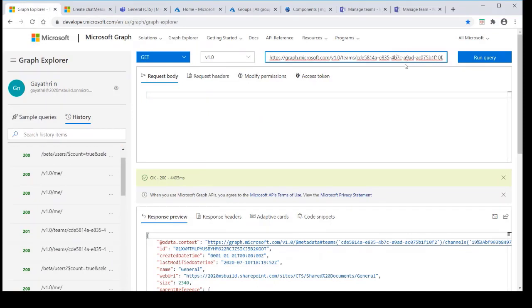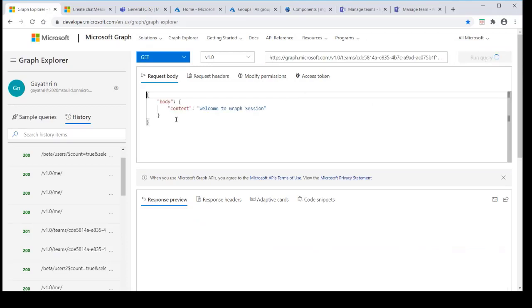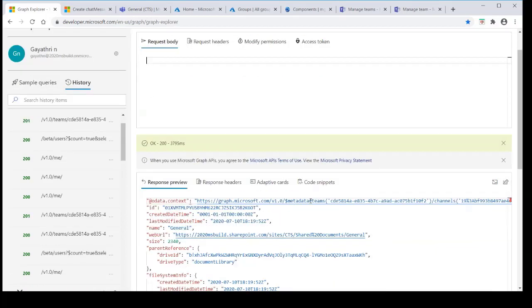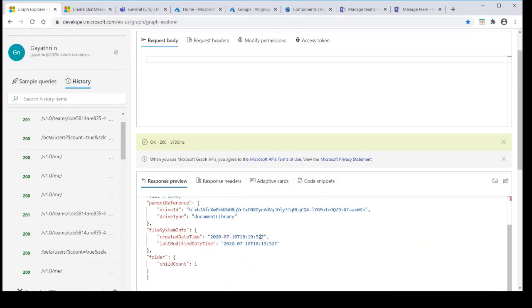So here it's the same thing. We need to pass the team ID and channel ID, and in the end, we have to append the files folder. So I'm going to run this query. Actually I forgot, the request body is not needed. It will not take it even if I give it. Okay, so it has been displayed.